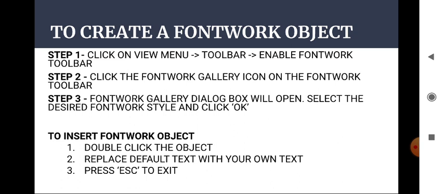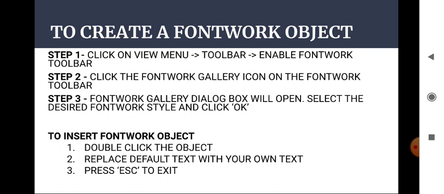And now step 3, the fontwork gallery dialog box will open. So now you can select the desired fontwork style, and then you can click on OK. And now you have to insert the fontwork object.